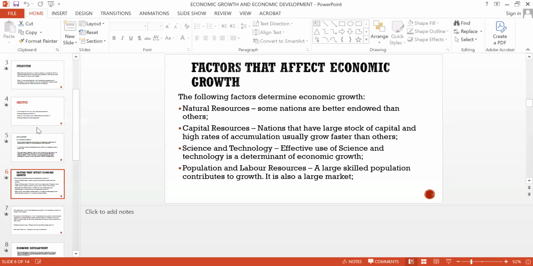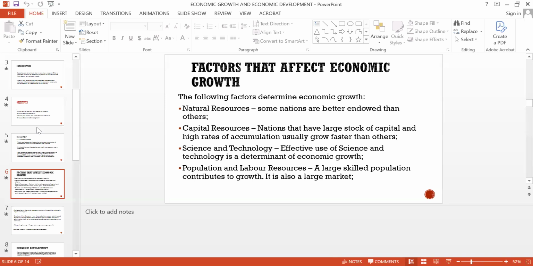Some nations, there are many countries, especially in Africa. In fact, there is no country that does not have natural resources, and I'm going to explain. Some nations are better endowed than others. Many African countries have immense natural resources. You want to talk about Nigeria, large deposits of oil. You have the uranium in Niger, you have gold in Nigeria, and in the Democratic Republic of Congo, all of the natural resources that are the key factor in modern industries or industrialization are in the Congo.